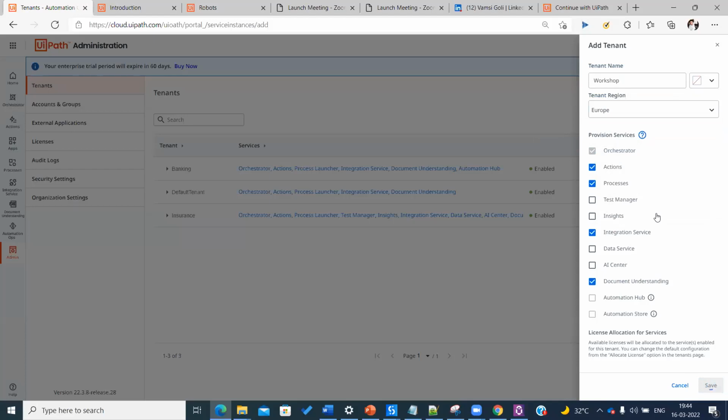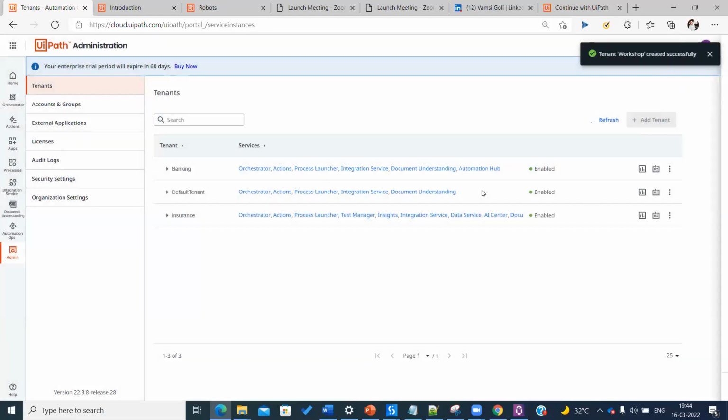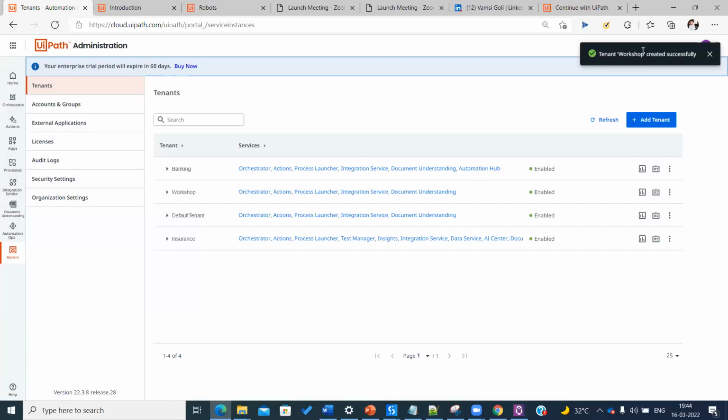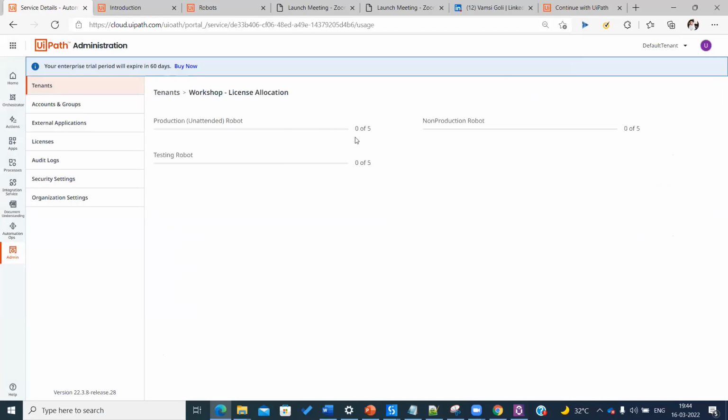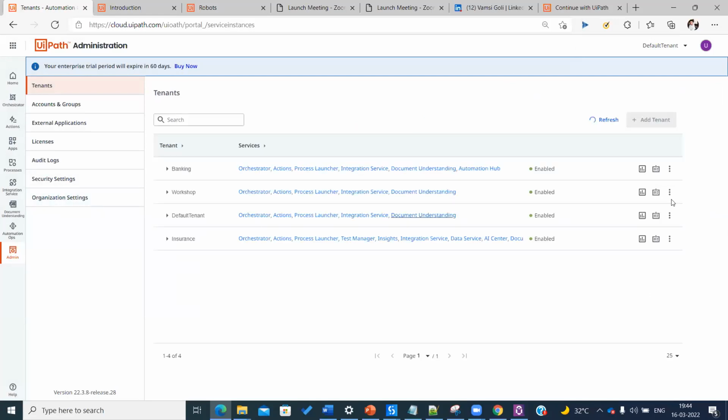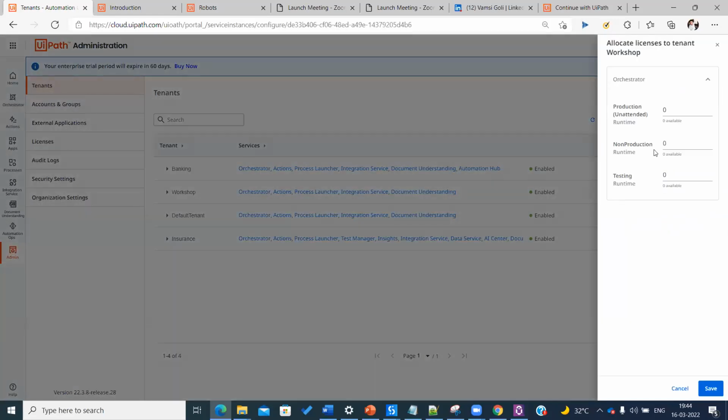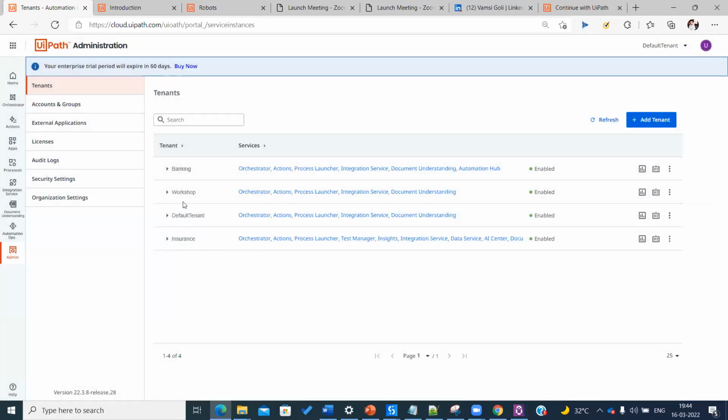And I'm using the enterprise version of UiPath. In case you are using the community version, that's a different story. Now it says tenant workshop created successfully, and this is my workshop tenant name. That's done so far. Now if you see here, you have three options. It says view license allocation, and in view license allocation it says 0 of 5. There are no licenses allocated so far. Now let's see overall how many licenses we have. Zero available, zero available. Now if you go to this banking,